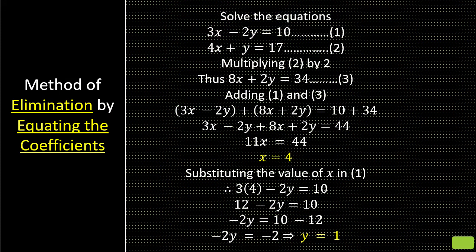So the simple thing is that if we are finding the signs of a variable are different and coefficients are not same, make them same. Signs are already different, add them. Signs are not different, subtract them to change the sign. So in these three examples, we have seen how to eliminate a variable to create a single variable equation that will give us the value of a variable, and now that value is substituted in any of the equations to get the